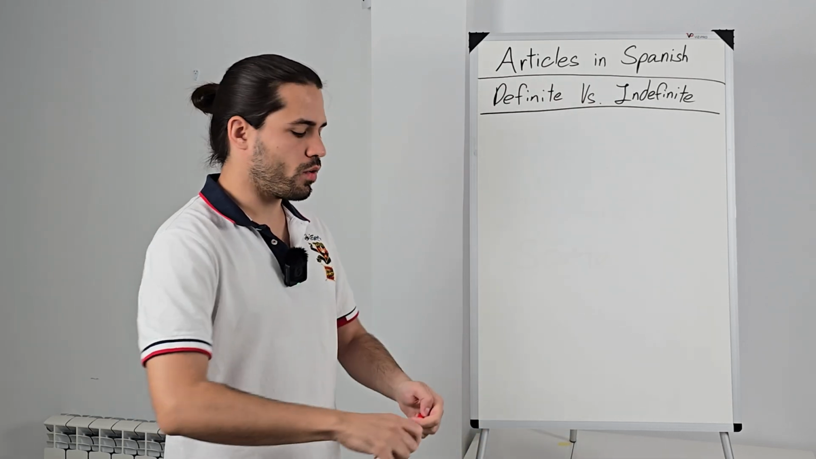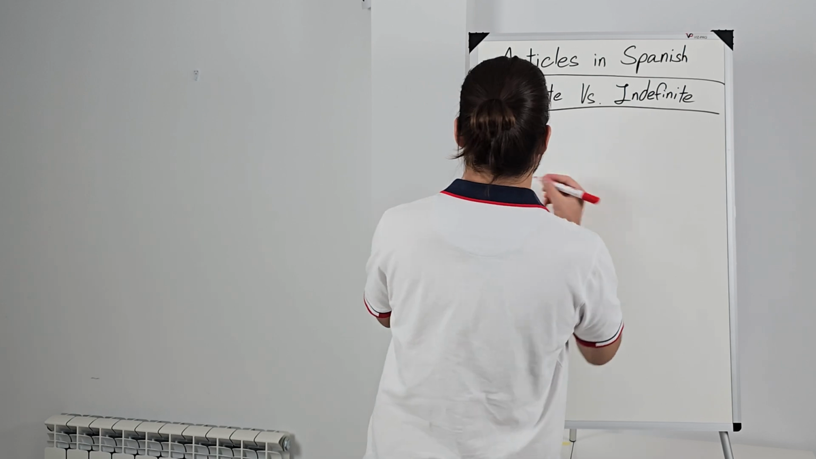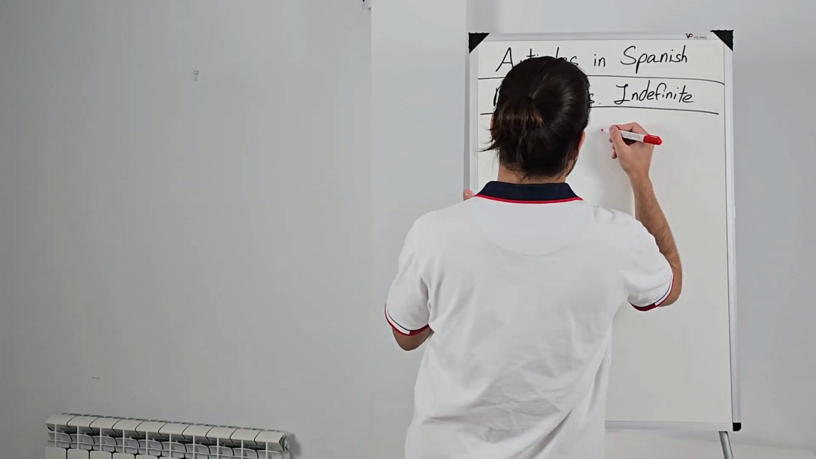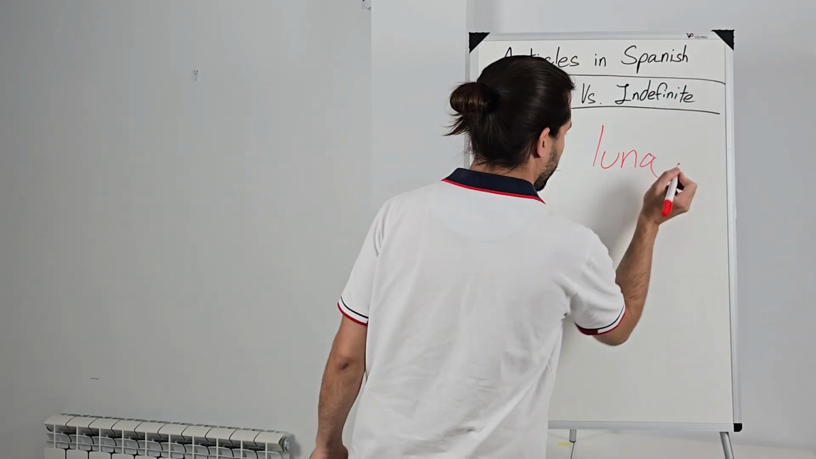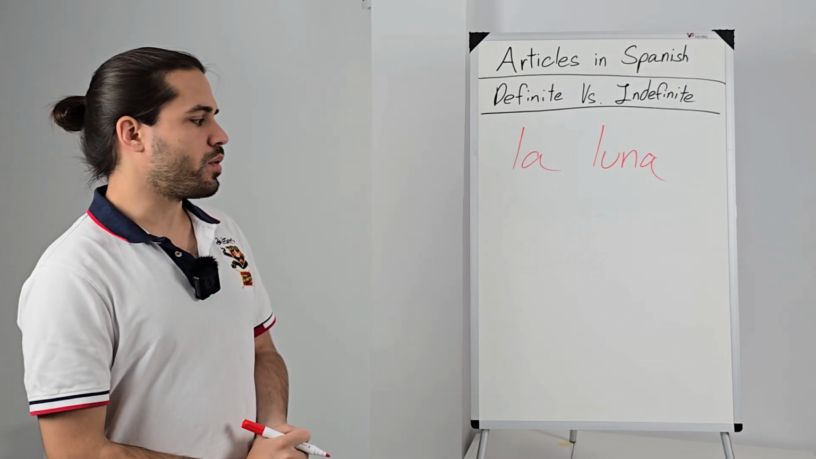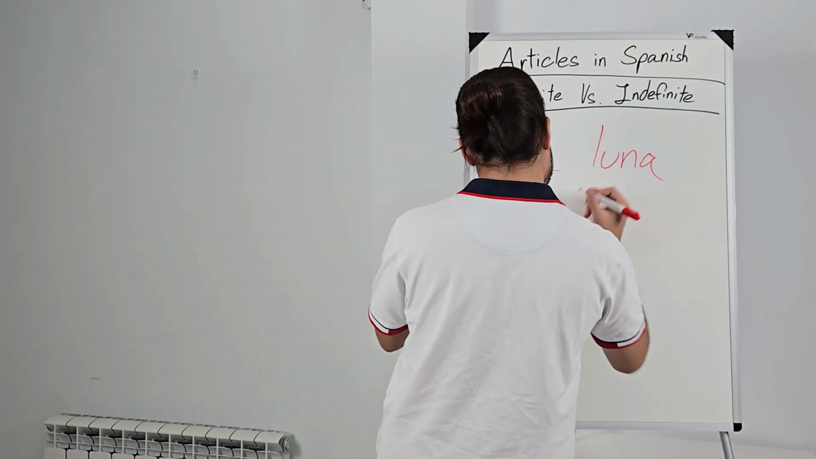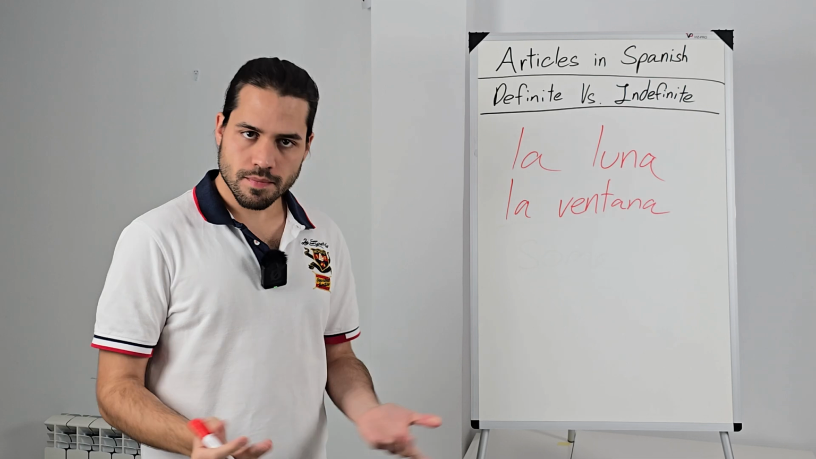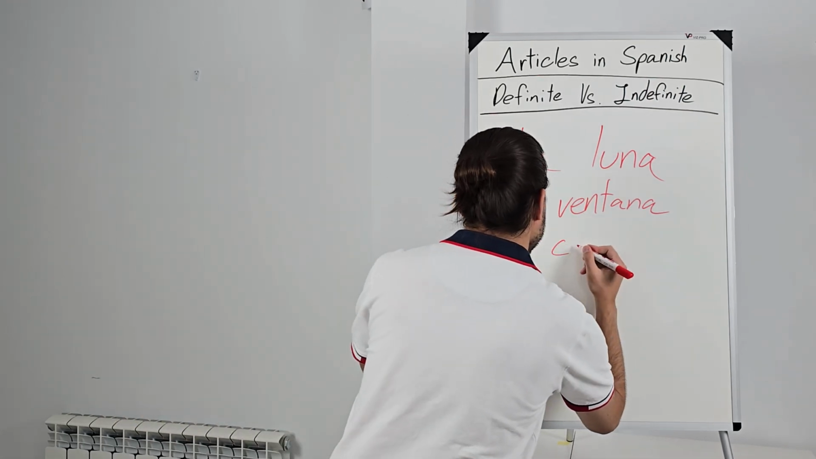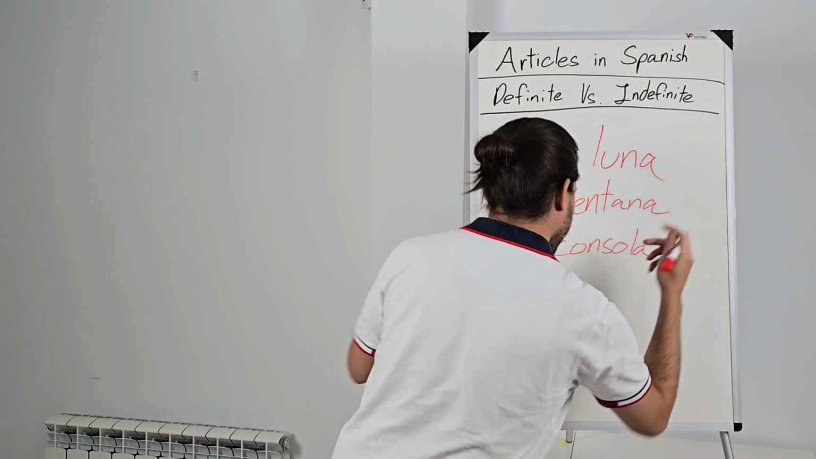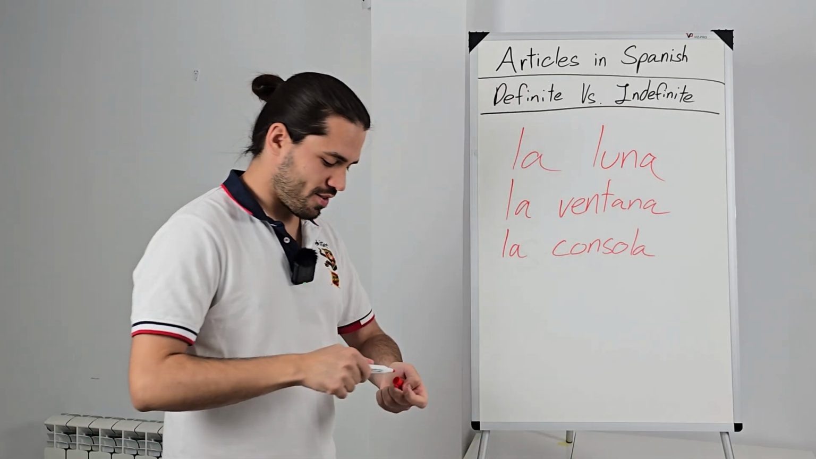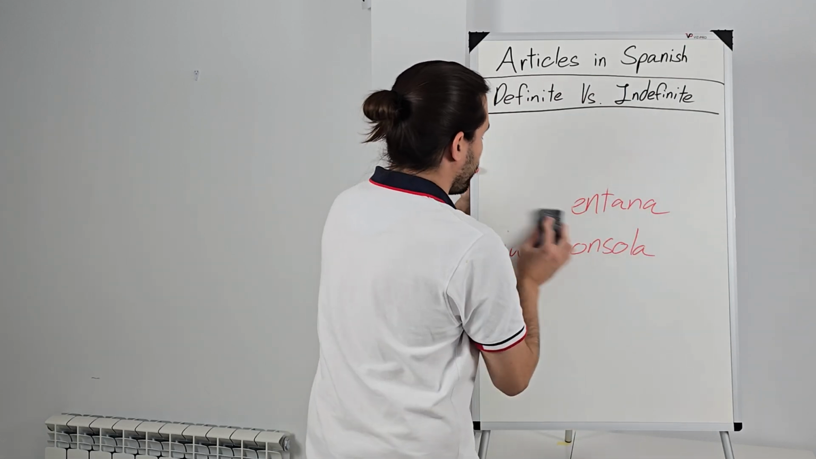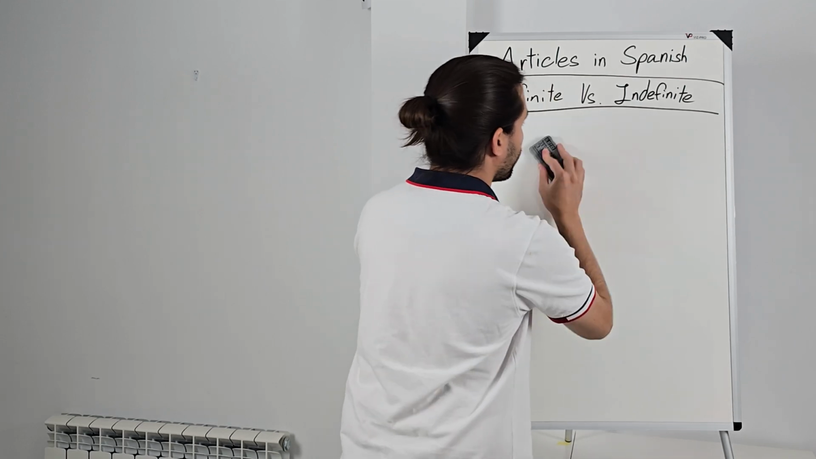El sol would also be masculine. Now, la is the feminine article, right? So we would say la luna, the moon, right? We would say la ventana, the window, right? We would say la consola, the console, right? La Nintendo Switch, etc. So, why am I making a point out of this? Because going back to our example from earlier,